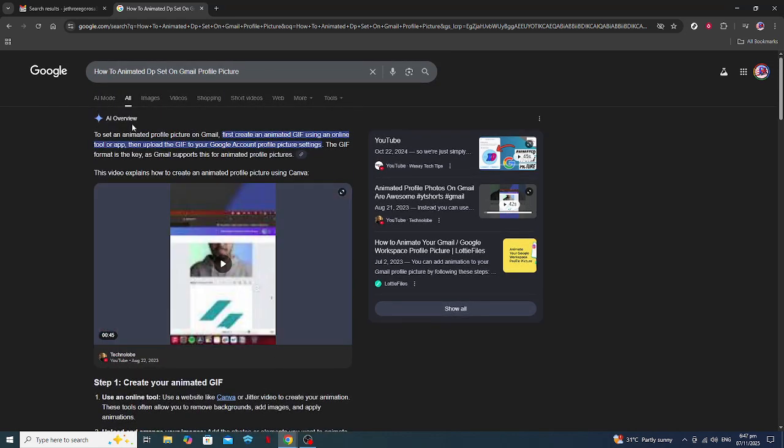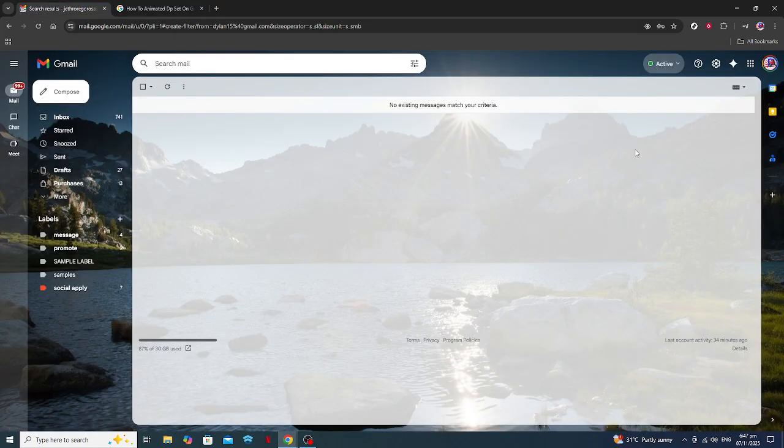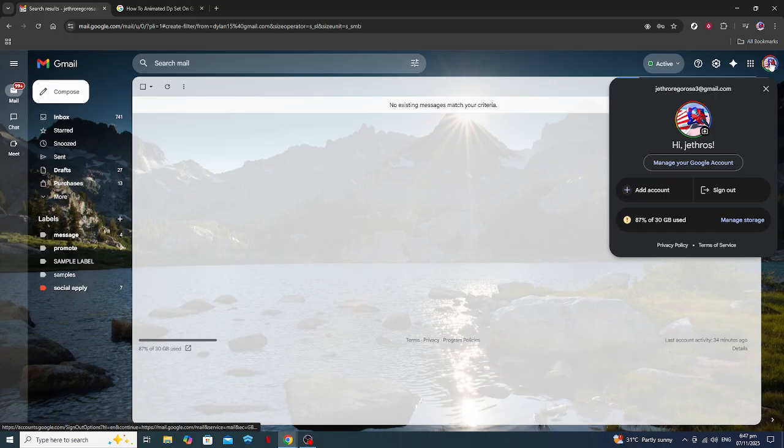Now, take a moment to familiarize yourself with the layout of your Gmail homepage. Locate the circle in the top right corner of the screen. It should have either your current profile picture or your initial if you haven't set a photo yet. Click on this circle to expand a drop-down menu, then select Change or Manage your Google account, depending on what